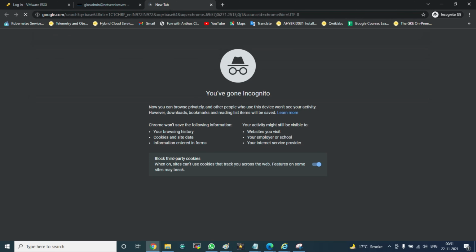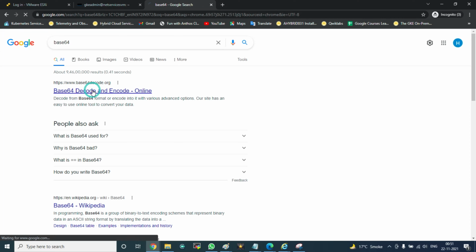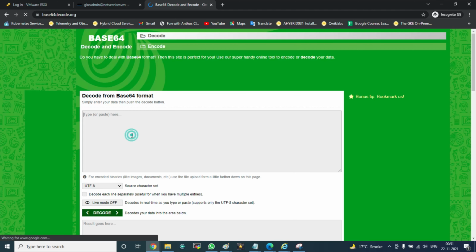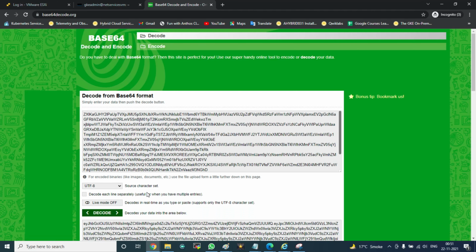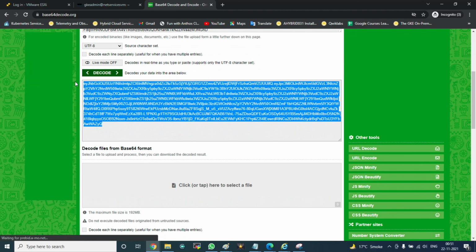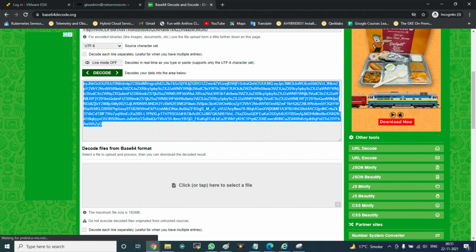You have to type base 64 and choose the first website. Paste the value there and decode it. You have to copy this value